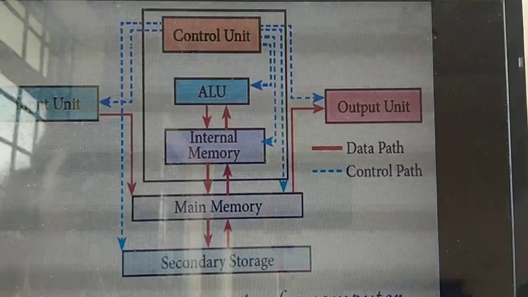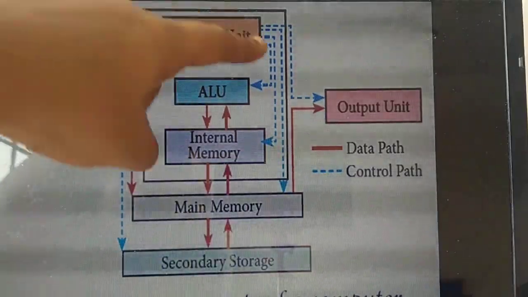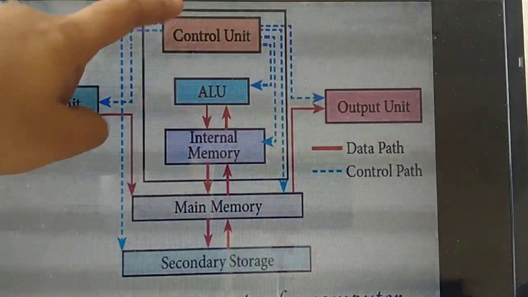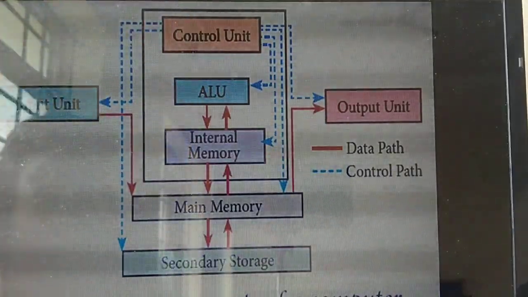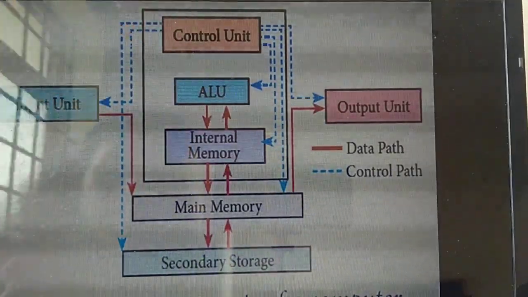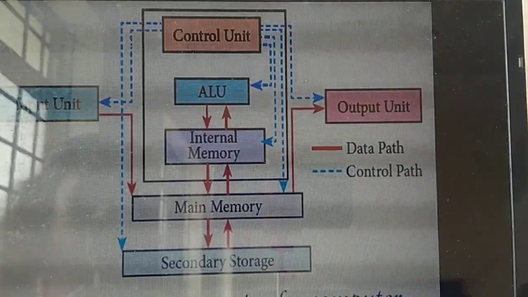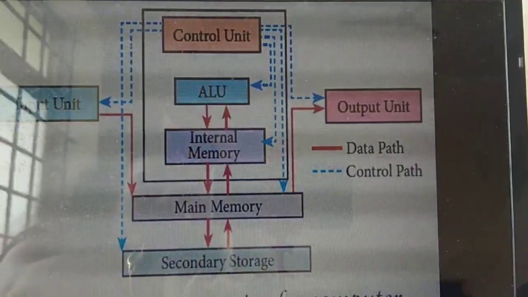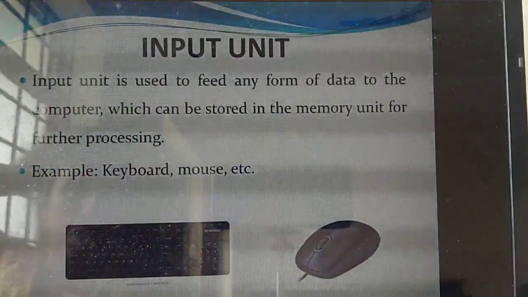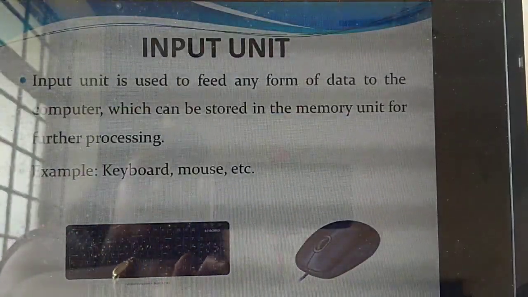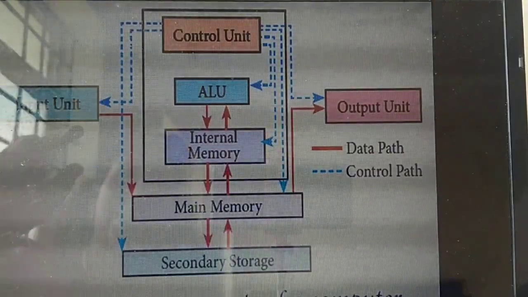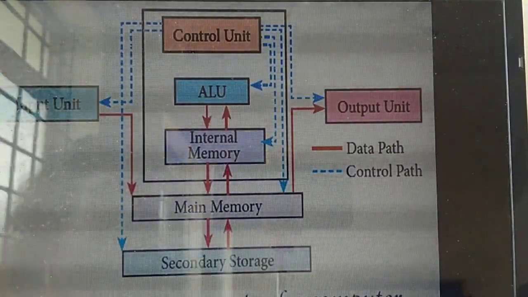All these operations are controlled by the blue colored dotted lines. This control unit, controlled by whom? The controlling of data is done by the control unit. Understand? This diagram is a must. You should draw the diagram for the components of a computer. See this diagram. What's the first thing? Input unit. You are going to study each and every unit in an elaborated manner.